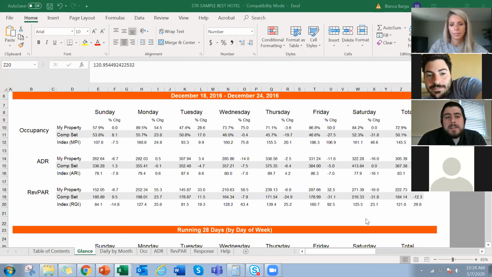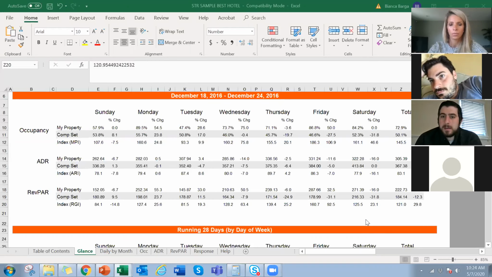So this is comparing Sunday to Sunday of last year. What that means is it's not comparing by date, meaning if it's the first of the week. For example, this is December 18th to December 24th. We all know this is Christmas time. Christmas, of course, is always on the 25th, but it changes days of week. So we have to keep that in mind as we're looking at these reports, because Friday, for example, will be